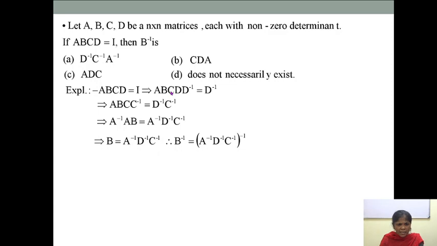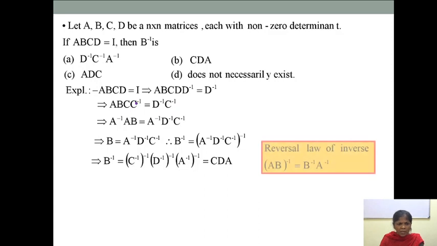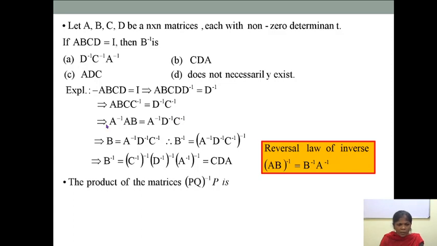The next, C is left. So remove C. For this post multiply by C inverse. So what we have is ABCC inverse is equal to D inverse C inverse. Again CC inverse is equal to I. So what is left? AB. Again I want to remove A. So A inverse AB is equal to A inverse D inverse C inverse. In this way A inverse A is I into B is B. So we get B is equal to A inverse D inverse C inverse.